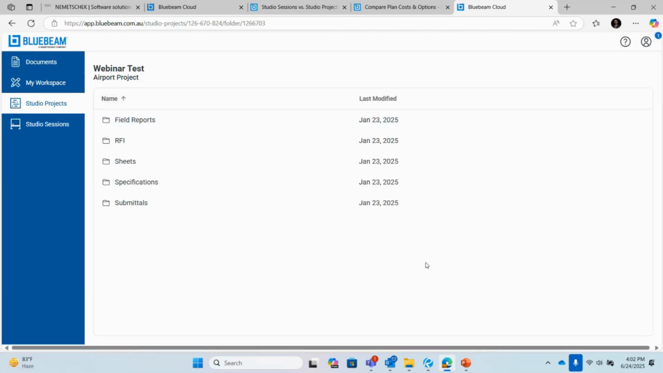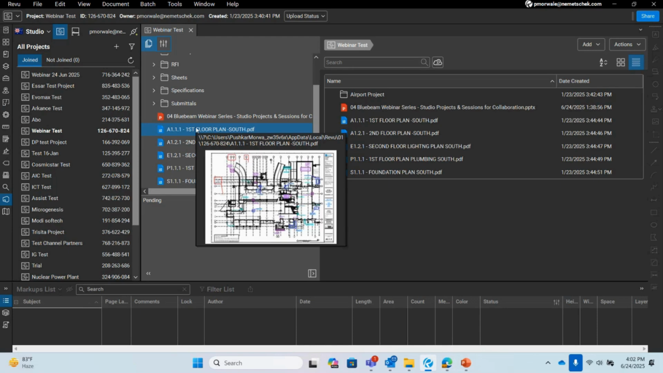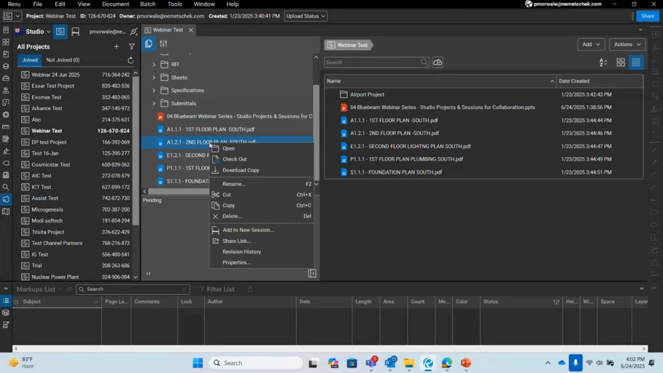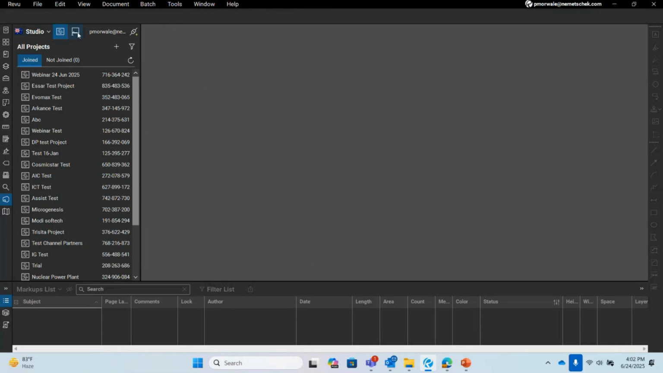All right. So this way, even the external user can access once the access is being provided by the project creator. All right. So that's about the studio projects. And now we will see how we can use the studio sessions. So one way of creating a studio session is, I can go to whichever file I want, just right click and say add to new session. But instead of this, I will directly go to studio sessions,